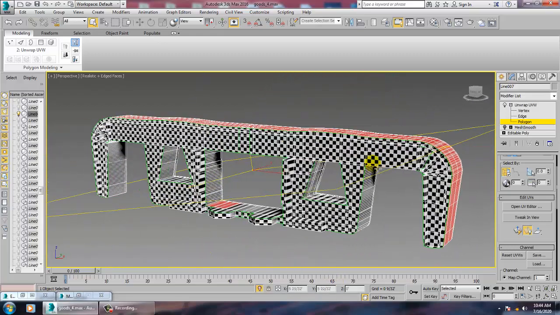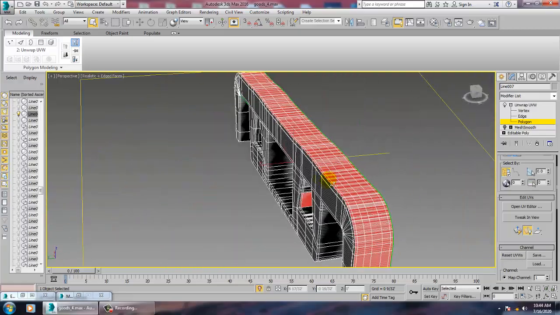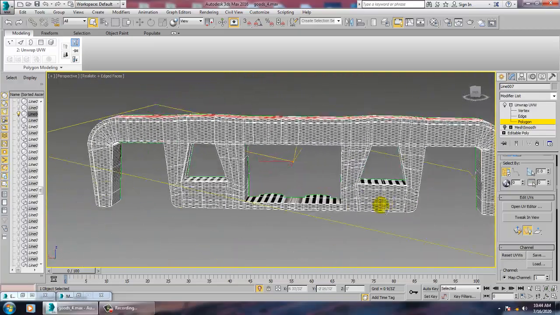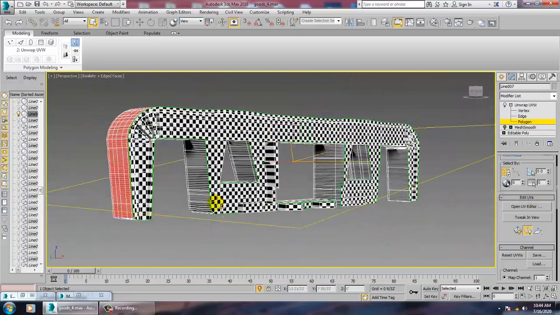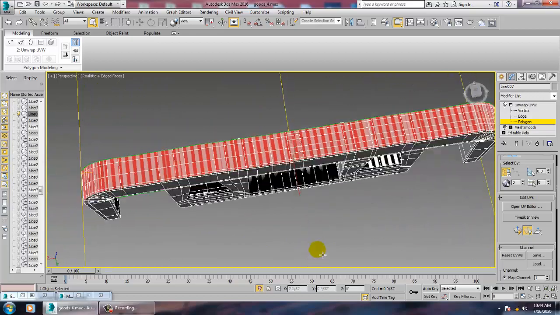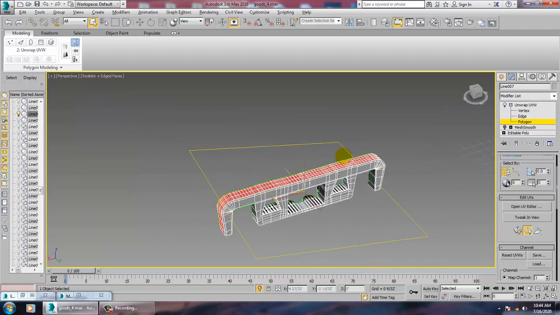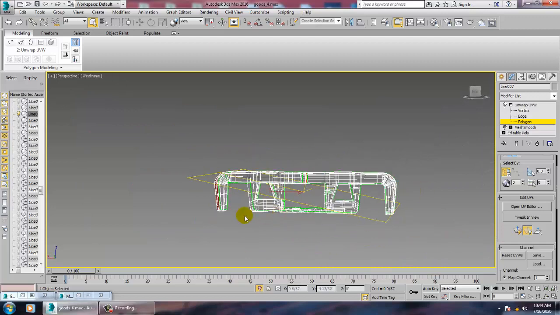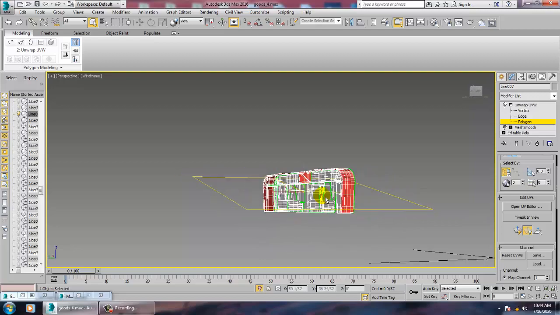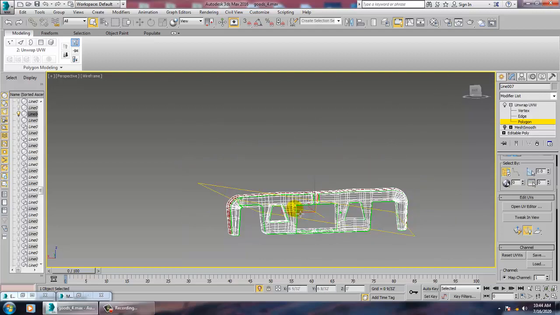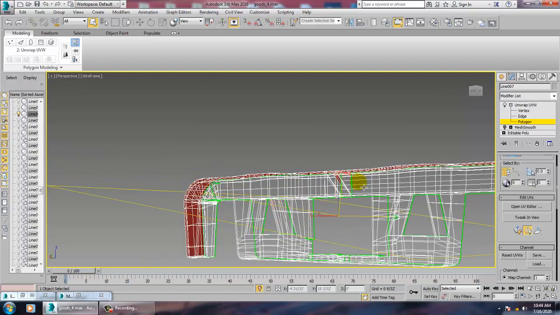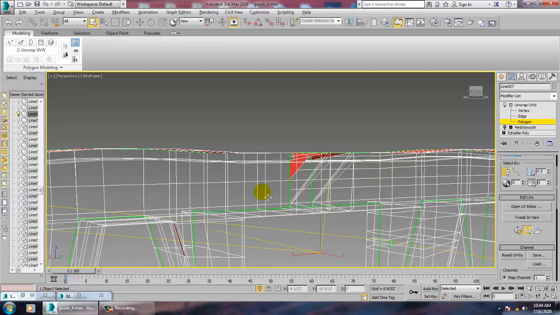Once you're done with it, make sure any other part is not selected over here. Once your top part is fully selected, we'll go to the top view. Oh, something is selected over here, we need to remove that part.